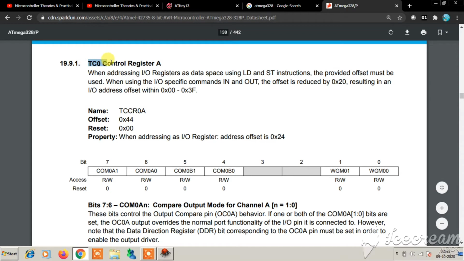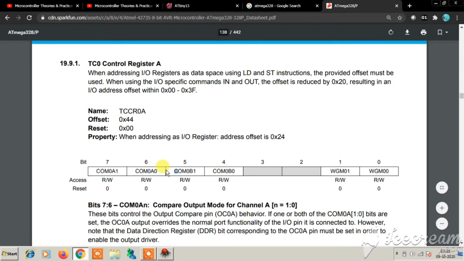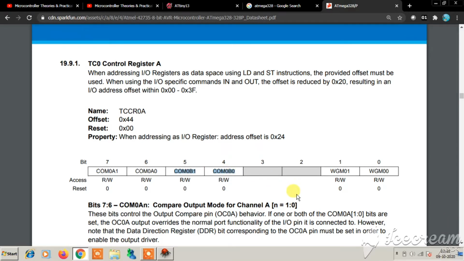But now we will be dealing directly with timer control register A, TCCR0A. Just as we said before, timer 0 has two PWM channels, OC0A and OC0B. Therefore, for these two output compare registers, you have these two groups here: COM0A1 and COM0A0, and COM0B1 and COM0B0.